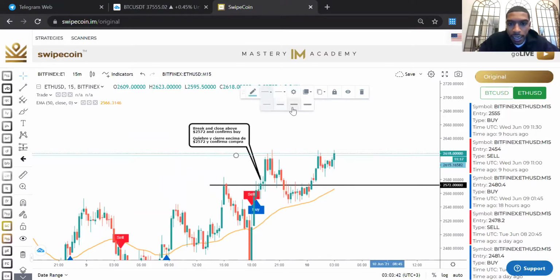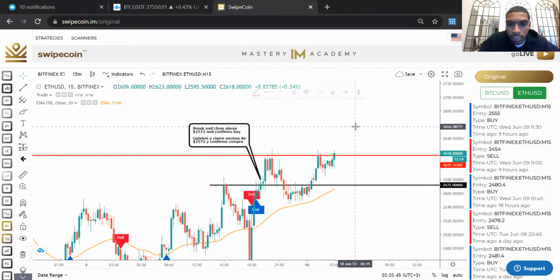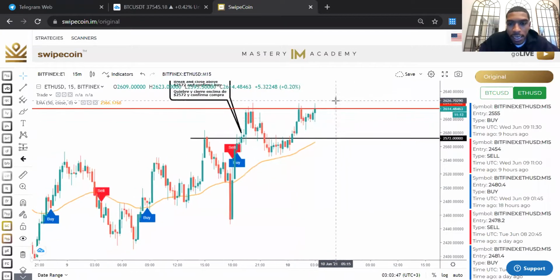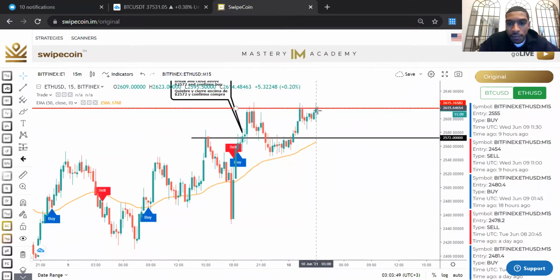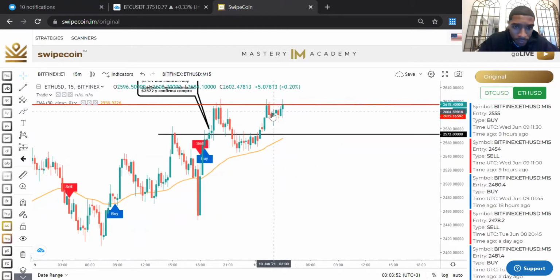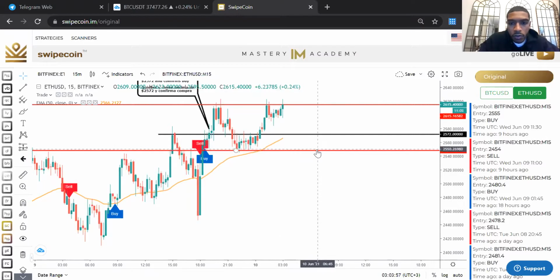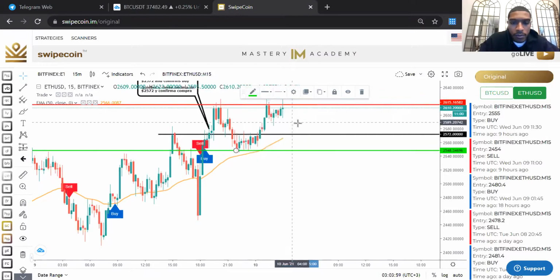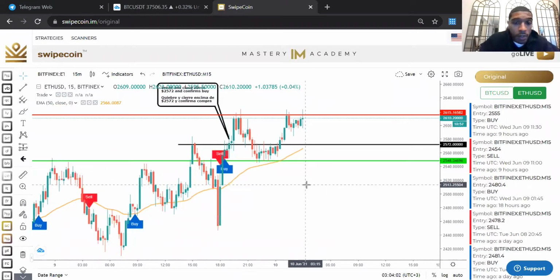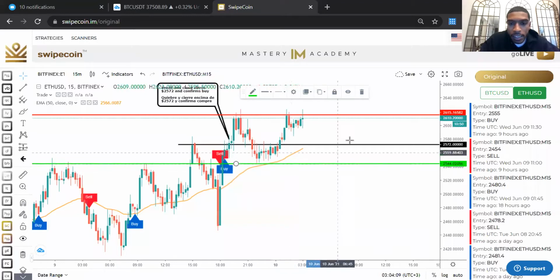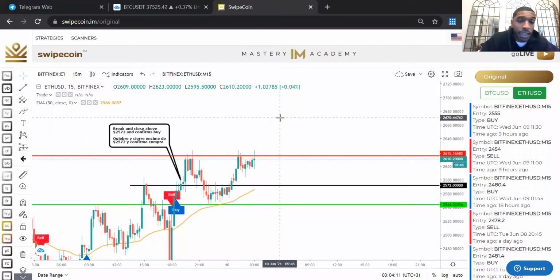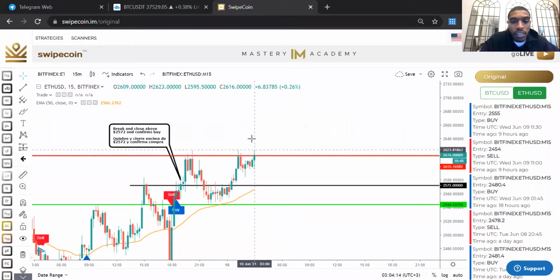We got an area of resistance, and we got this candle over here playing. We got a small area of support right here. Boom. Mark that up. Bet. So me personally, I'm putting a stop loss right here underneath the yellow EMA line around this area. Boom. And I don't know, man, if this breaks and closes above this line of resistance right here, it's looking